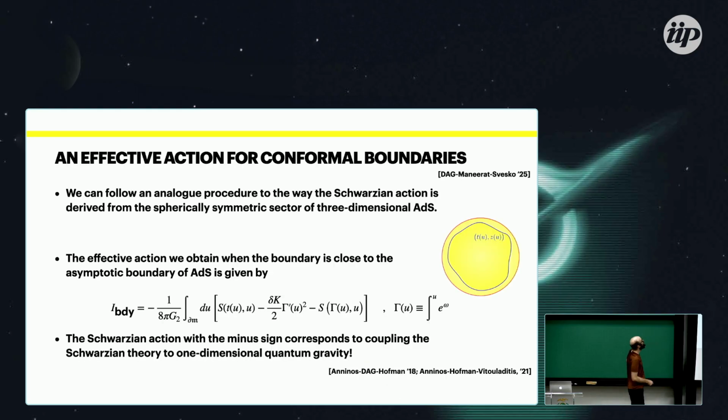But you can continue and ask yourself whether this Liouville equation of motion stems from some effective action for this boundary mode. And one can proceed in the same way as we do in deriving the Schwarzian action from the spherically symmetric sector of three-dimensional AdS gravity. One does that exercise, and now you go to some effective theory in 2D where